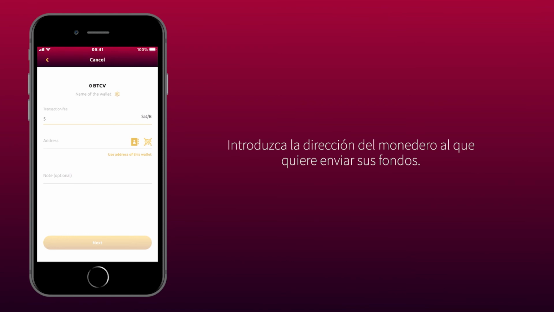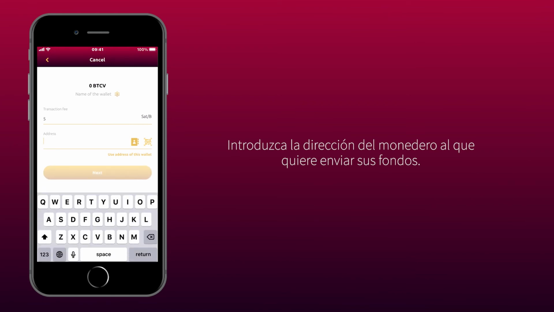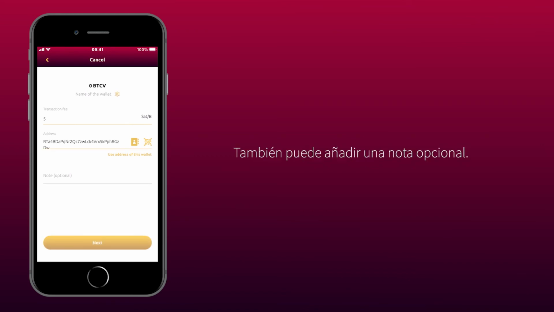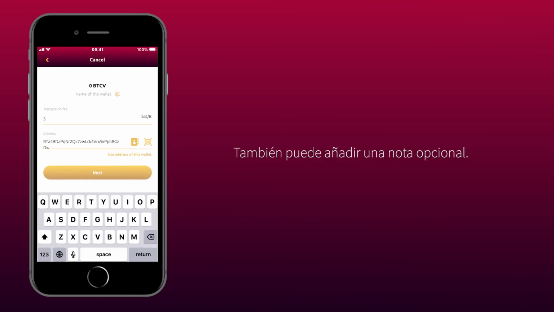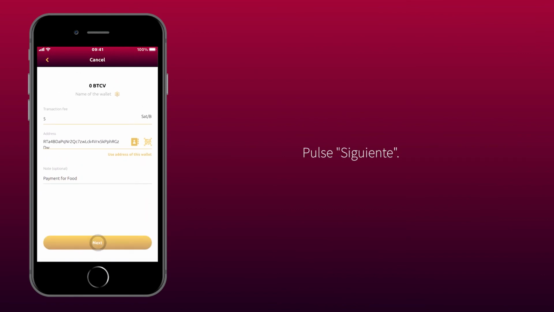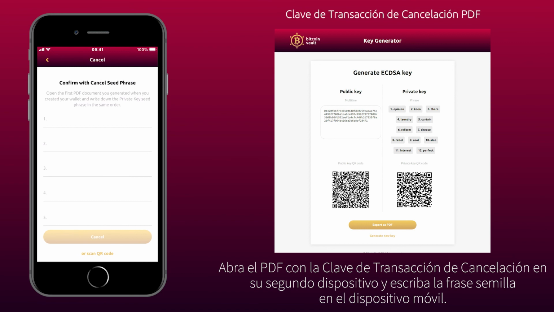Enter the address of the wallet where you want to send your funds. You can also tap Use address of this wallet to revert the funds to the current wallet. You can also add an optional note. Tap Next. Open the Cancel Transaction Key PDF on your second device and type in the seed phrase to the